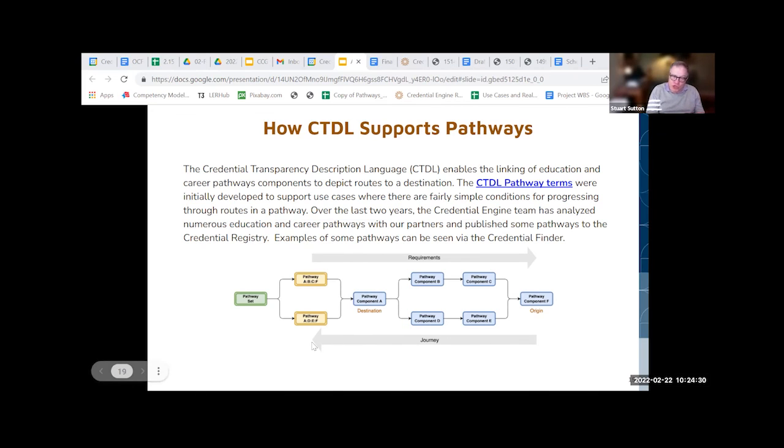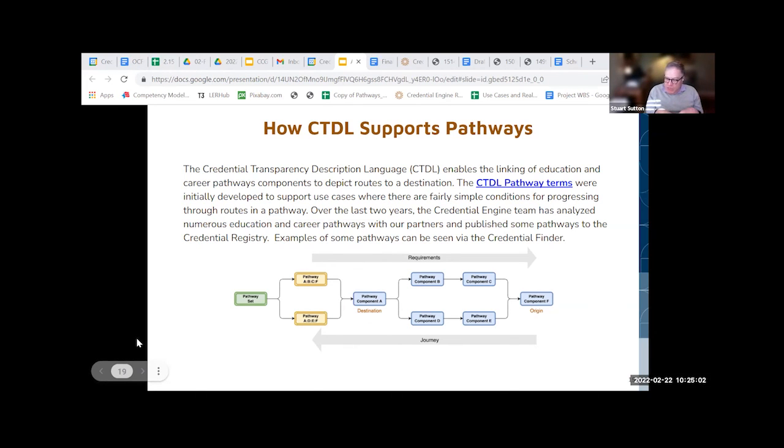This diagram also shows that to get from the origin on the far right to the far left, there were alternate ways to get there. I like to liken these things to transit maps, like the transit map of London or San Francisco. You have an origin, you have a destination, and you have multiple ways to get there. And what we wanted to be able to do was to express all of those.